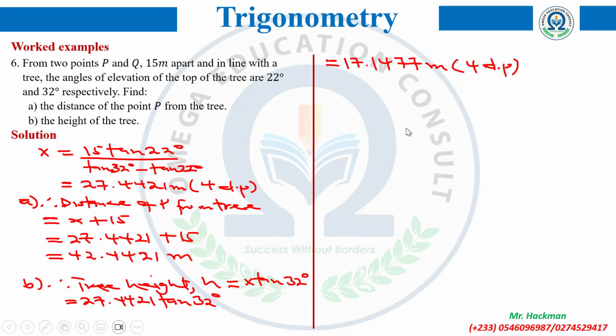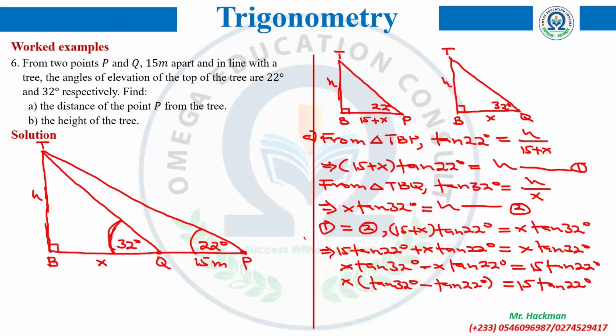So let's go and see whether the common sense that we were trying to make out from the diagram holds. Let's look at the X value. So let's see. Oops, forgive me. So let's look at the diagram. Obviously, you can see that the whole of this distance would be longer than